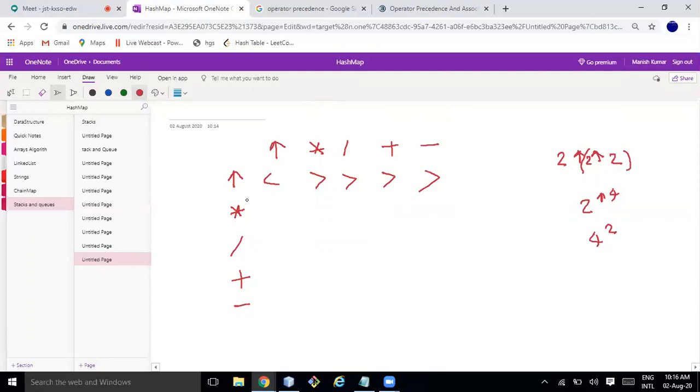This one and this one, which has higher precedence? This one has less precedence. Among these two, this is left to right, so this has higher precedence. Again, remaining all will be higher. What about percentage?